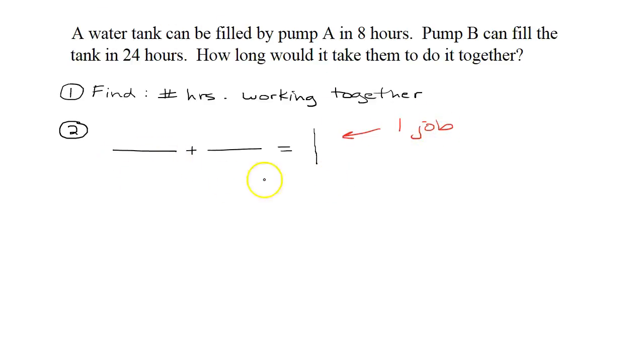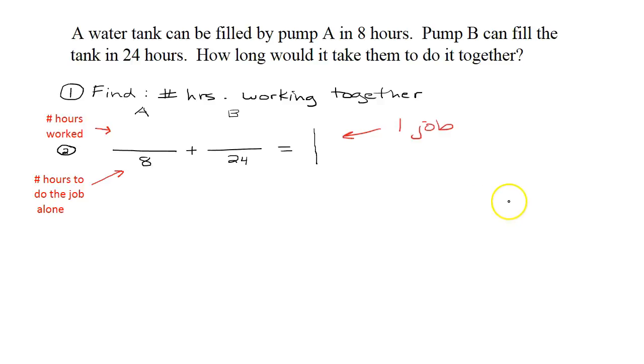On the bottom of each fraction, we write how long it would take each of the pumps to do the job alone. So the first thing we should probably do is label these. This is going to stand for pump A. This one will stand for pump B. So on the bottom, I'm going to write down how long it would take each to do the job alone. Okay, you can see that I have put an 8 under the fraction for pump A and